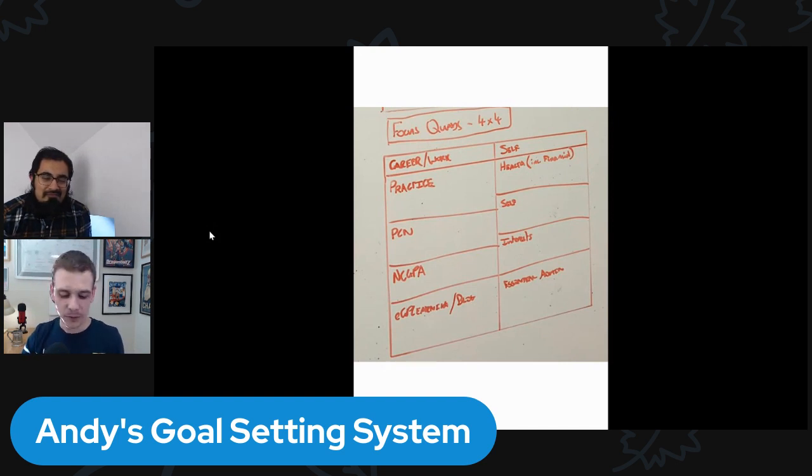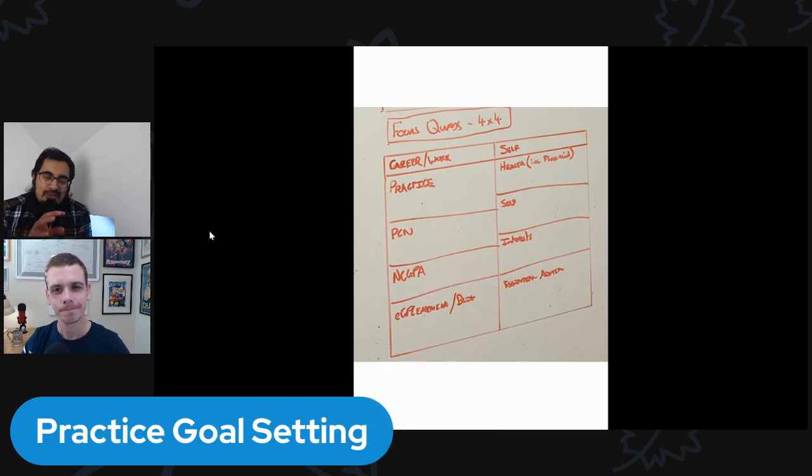So shall we talk about practice goal setting? Yeah, so we've talked obviously a lot about personal goal setting, but one of the key areas we wanted to also discuss is how you can apply this to the practice level work. And we talked earlier how a lot of this is culture change, and absolutely change management and culture change is part of that. But you've come up with an interesting way of trying to do this, haven't you, Andy?